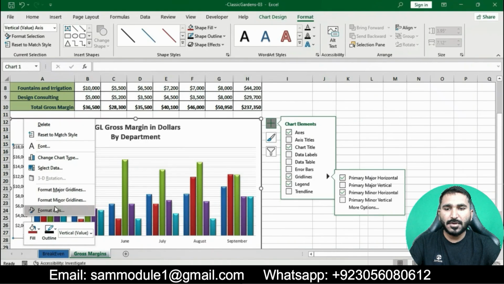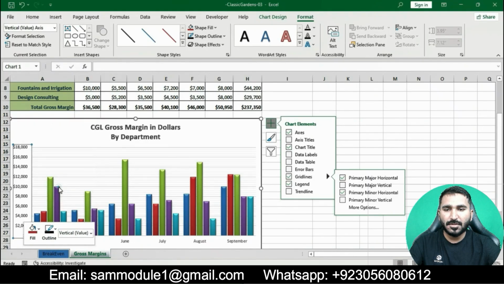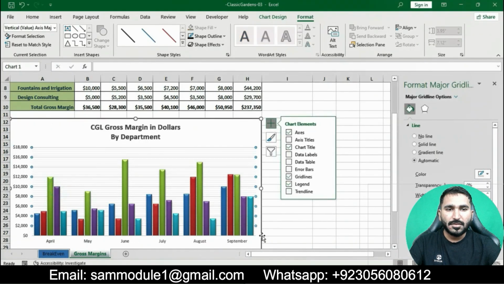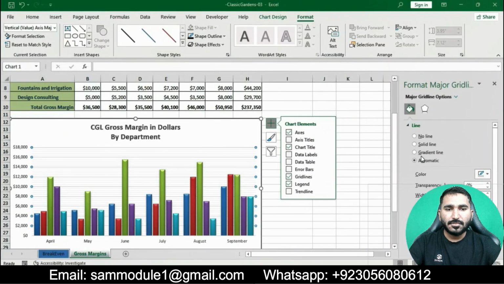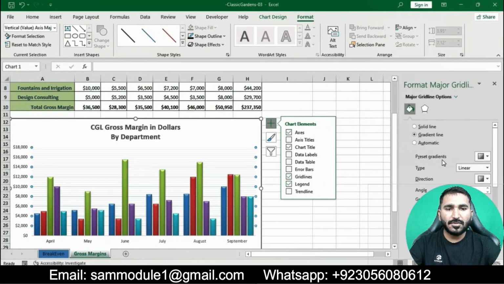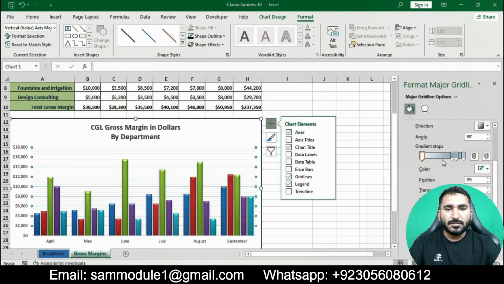Go to the format text. Okay, format minor grid lines, format major grid line and then apply black text 1 color. Go to the black text 1 outline color, go to the gradient fill, go to the color, black text 1 color.